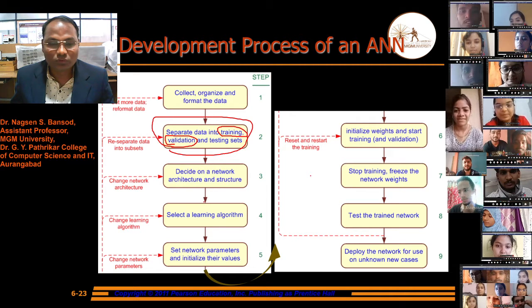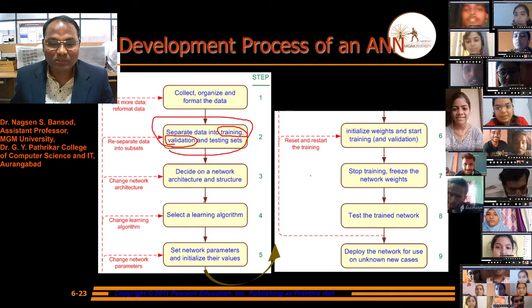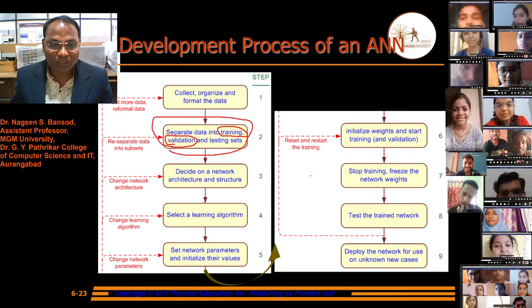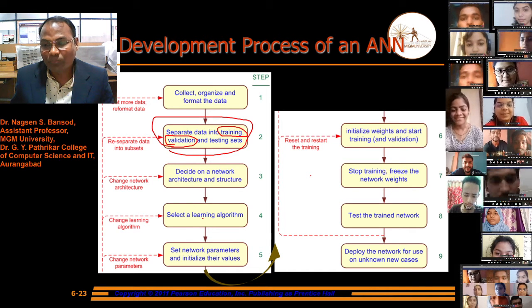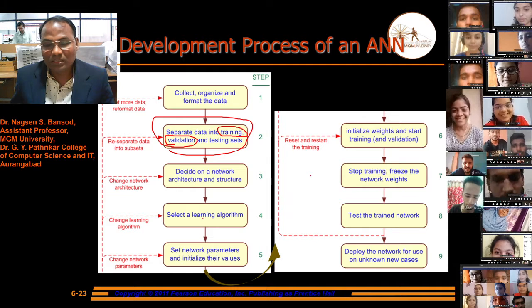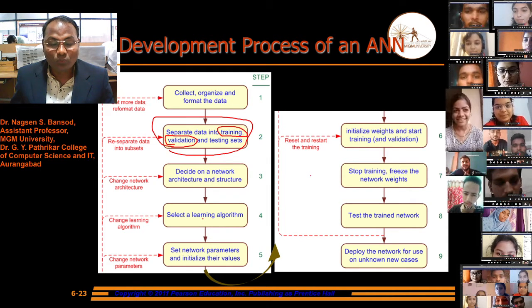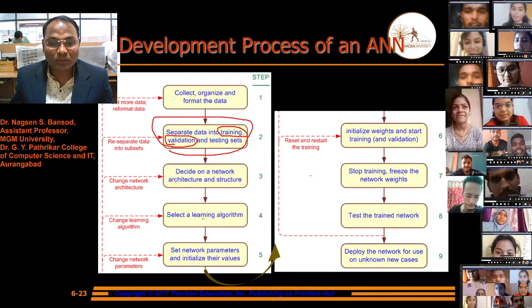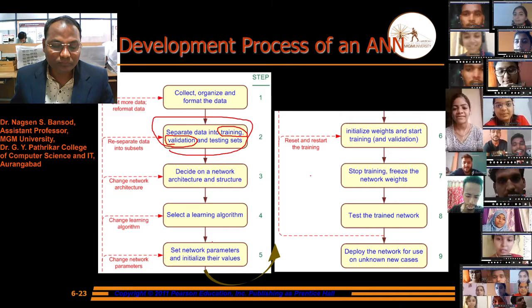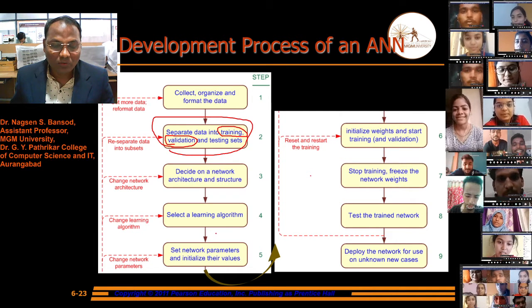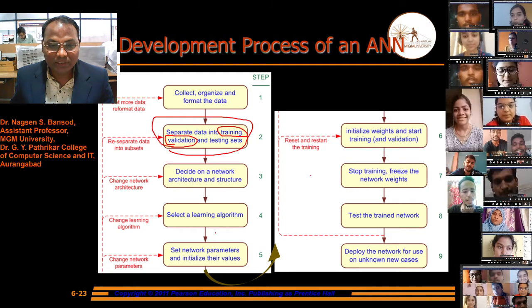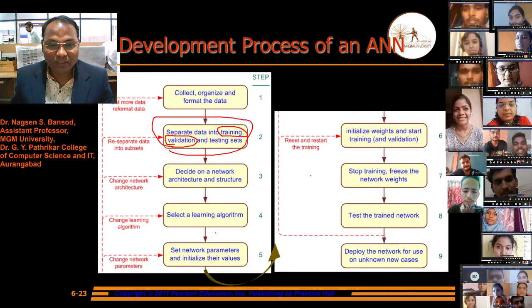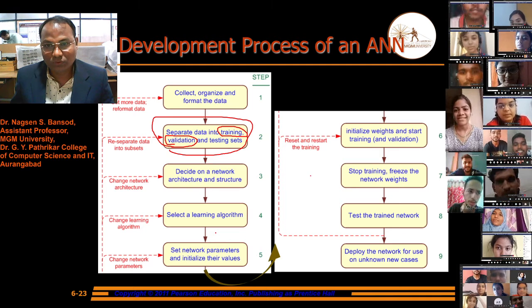We have to select the learning algorithm as per our problem, as per the domain application. Then once we have selected the learning algorithm, set the network parameters and initialize their values.